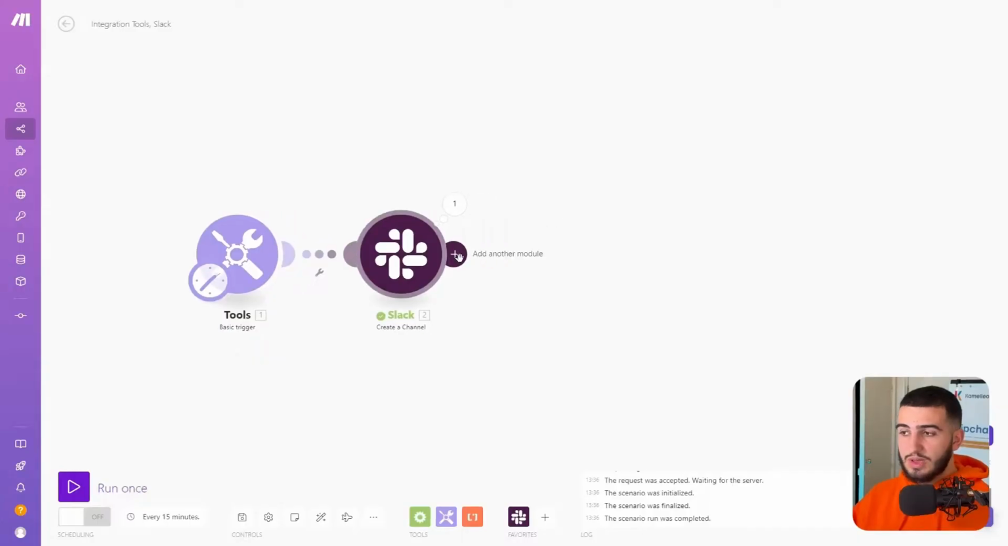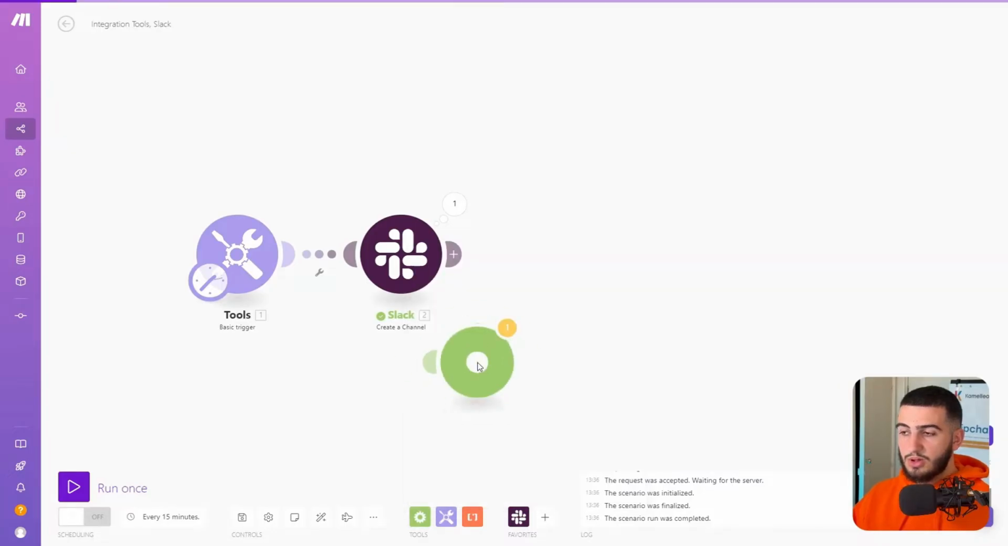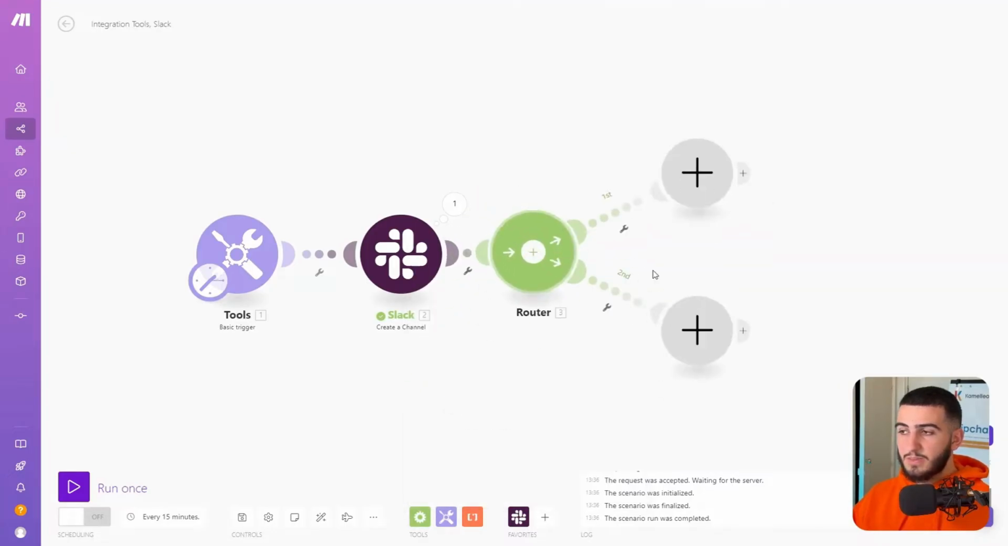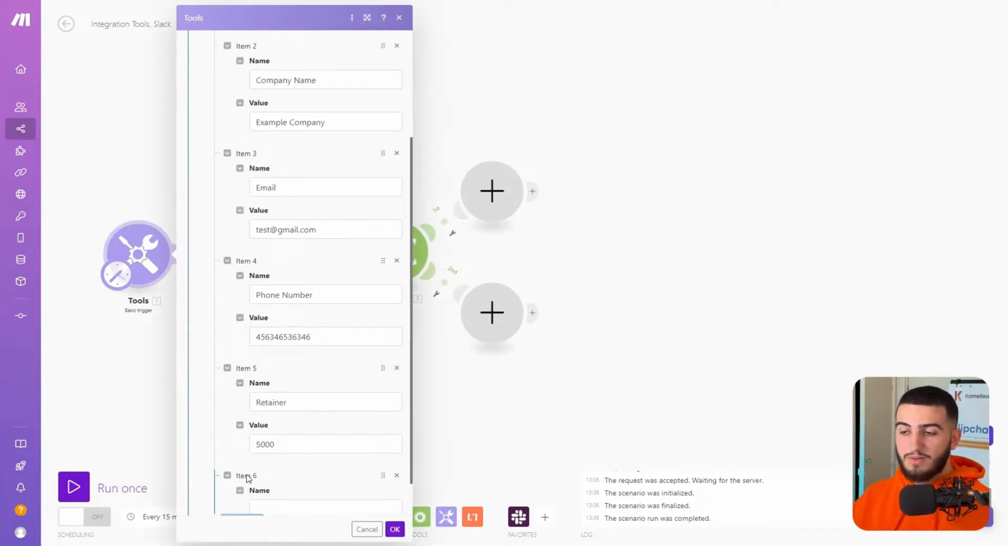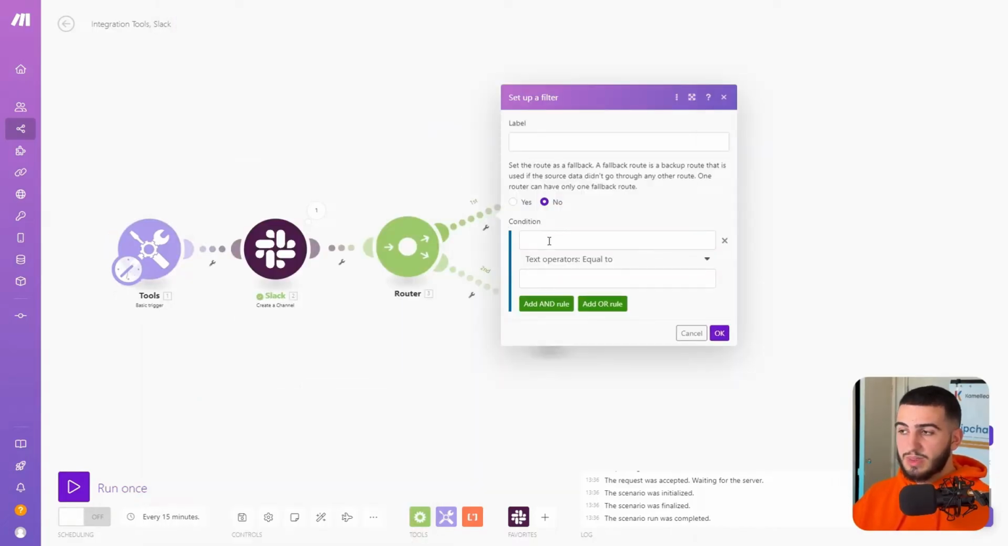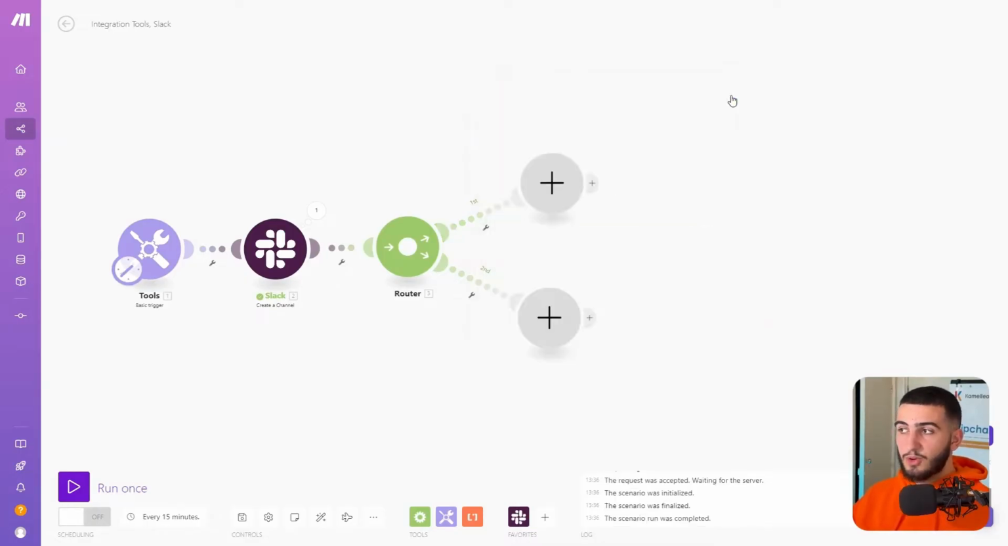Another thing you could do here is add a router. So by going over to flow control, scrolling down to router, and just connect it to this stage. And here you can basically add different team members depending on specific services. So let's say from the trigger, you had another field which was services. You could then set up filters within here just by selecting that field and then entering different operations such as contains, does not contain. So you can kind of filter it and add different relevant team members depending on actual